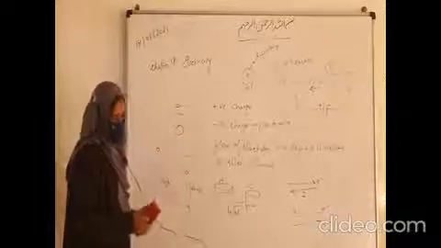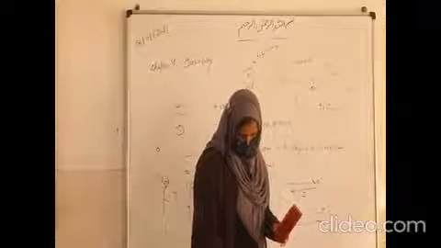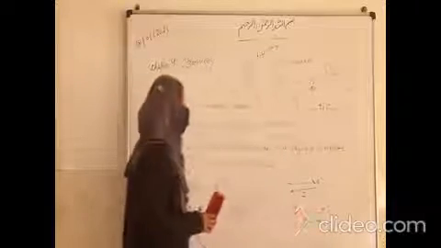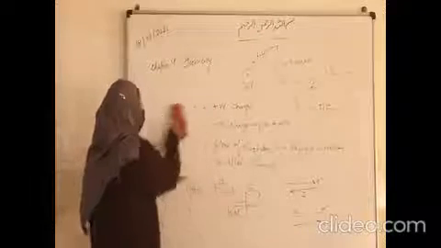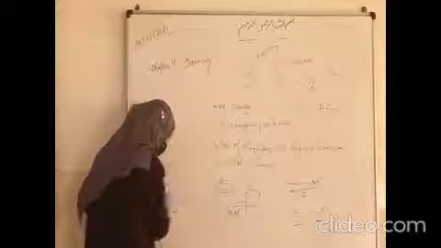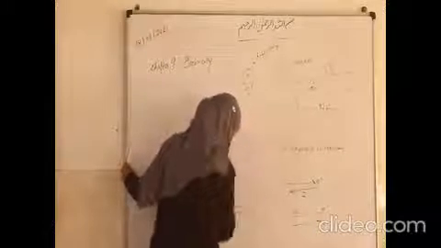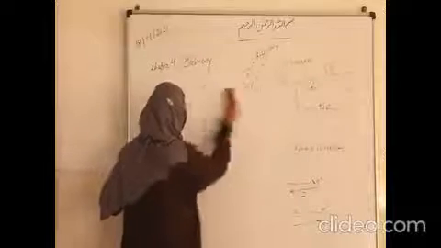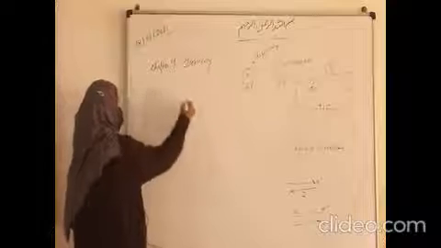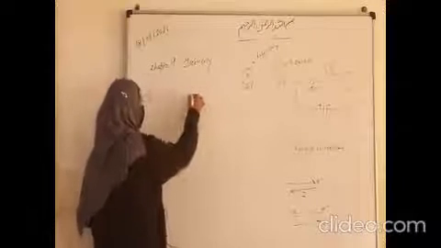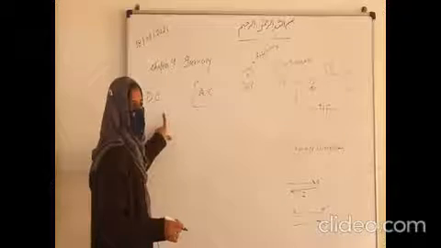Now move on to the next topic, the source of cell. First of all, there are two types of current: DC current and AC current. Don't say indirect current. It is direct current and alternating current. We will discuss AC current later, but AC is alternating current and DC is direct current.